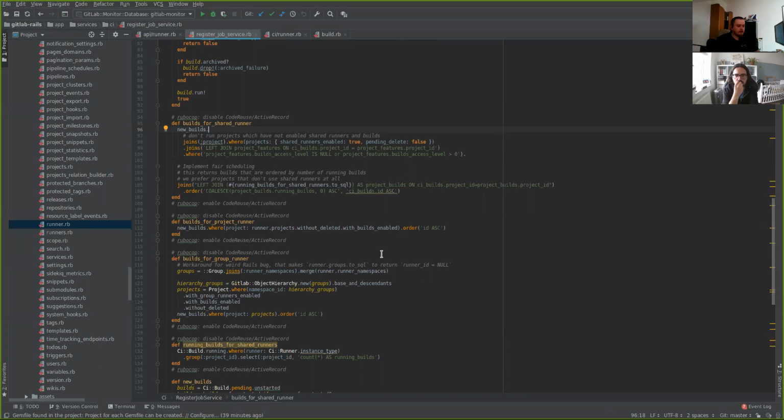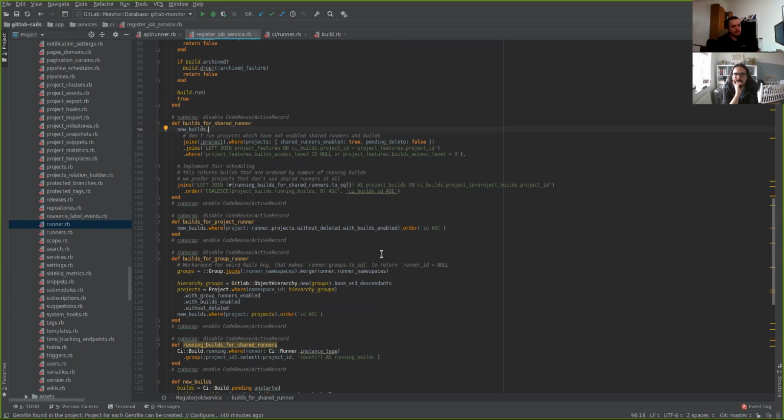So here we are trying to make this distributed more evenly between the projects. If your project at this moment doesn't have any job running on the shared runner that is asking for a job, you are moved up in the list. If you have some jobs, then you are put in the list depending on how many jobs you already have on the shared runner. And then in this list, we again order by the ID of the jobs. So if you pushed 100 jobs and I pushed 10 jobs,